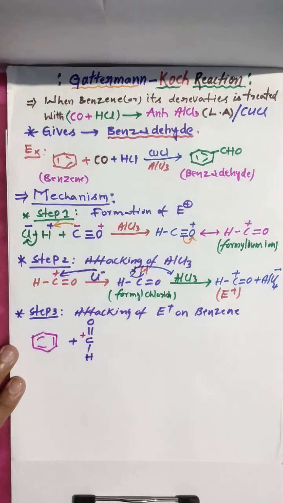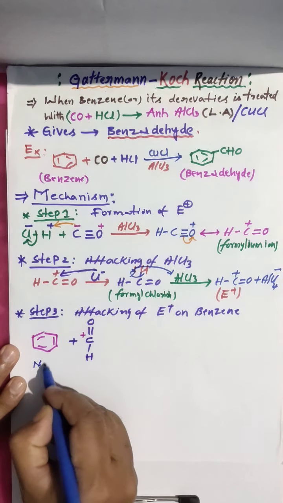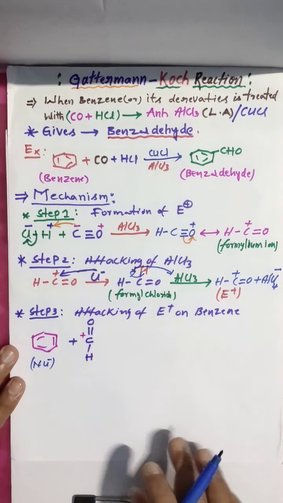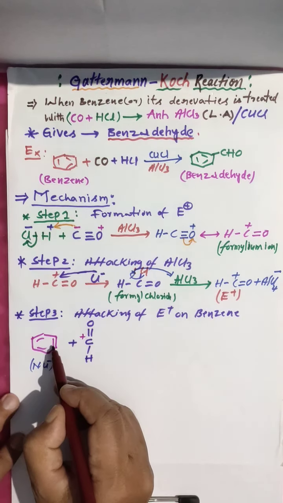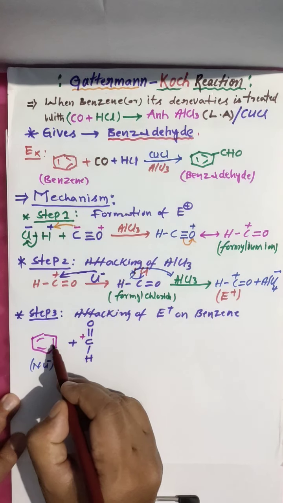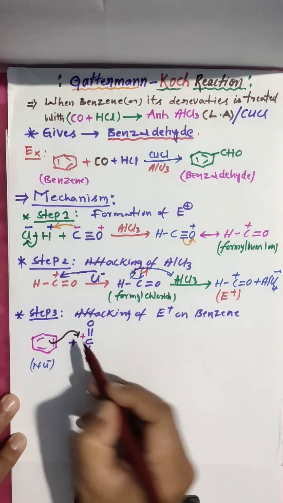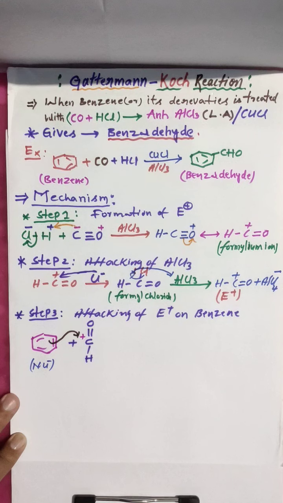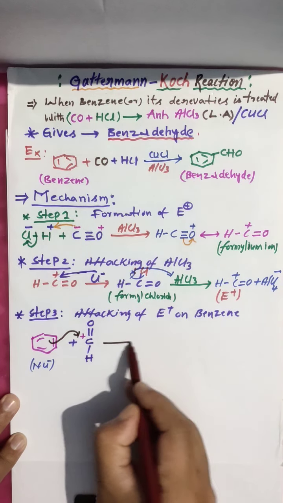When it is an electrophile, this acts as the nucleophile. Remember, the benzene ring acts as a nucleophile, meaning it donates electrons. Now how will it donate? Look here, we have double bonds, meaning pi electrons. This is the plus charge. The benzene ring will donate a pi electron pair to the carbon of the formylium ion, giving rise to